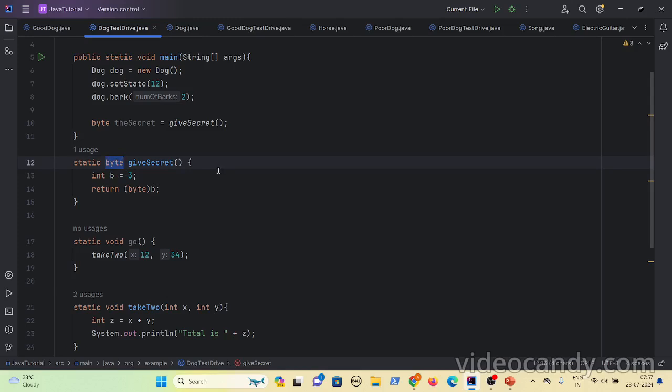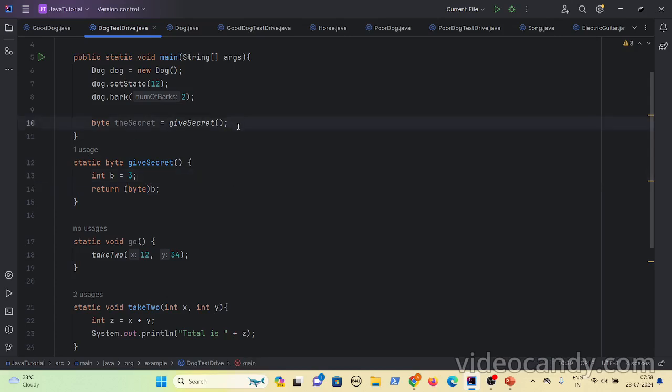For the compiler to not throw an error, you can do this typecasting. Here the value you are passing is an integer, but you want that as a byte. You can put that type in the braces, and that will work. So smaller values can be converted to the larger values by default by the compiler, with no errors. If you want the longer values to get converted to the shorter values, you have to explicitly do the typecasting.